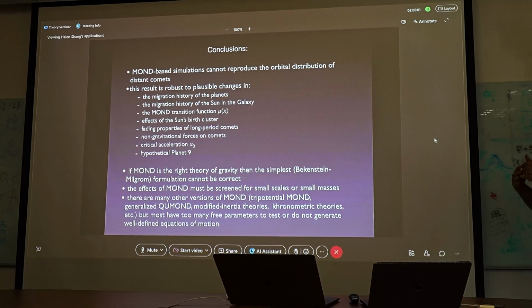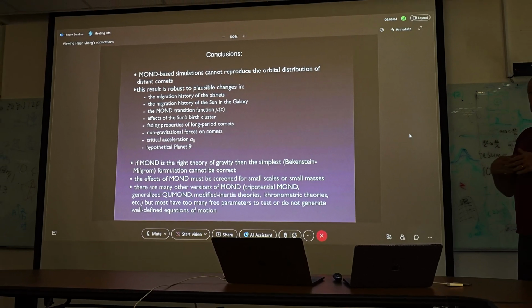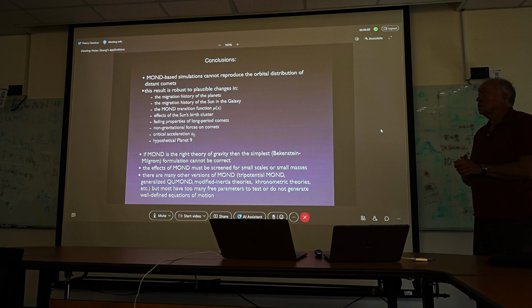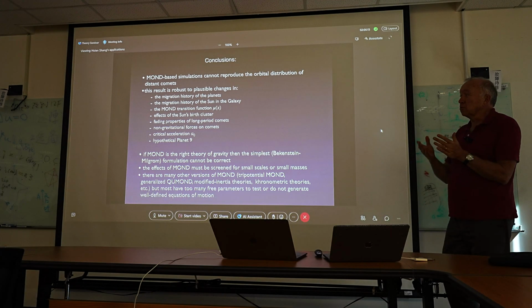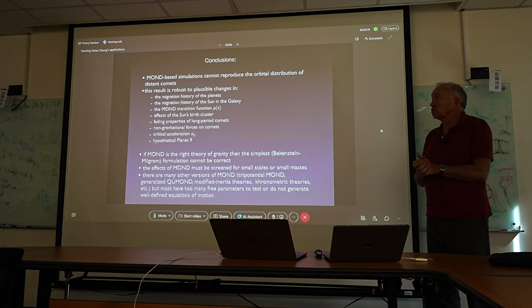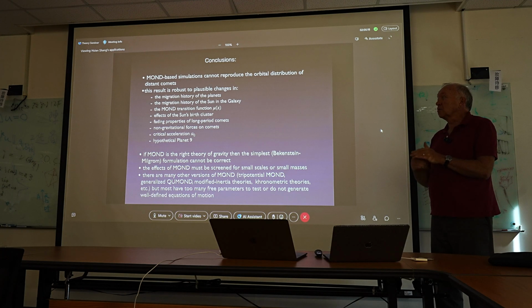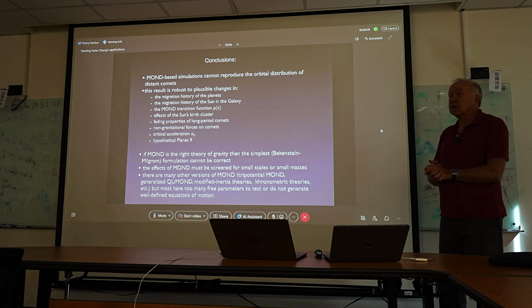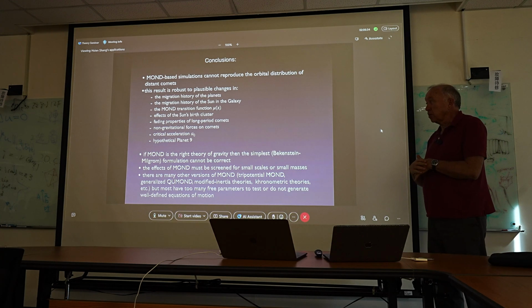We've tried ways to get around this. We've changed the migration history of the giant planets. We've changed the migration history of the sun and the galaxy. We've played with various forms for the MOND transition function, looked at effects of the sun's birth cluster, different fading laws, non-gravitational forces, changes in the orbital acceleration, even a hypothetical Planet 9. None of those is sufficient to make MOND agree with the